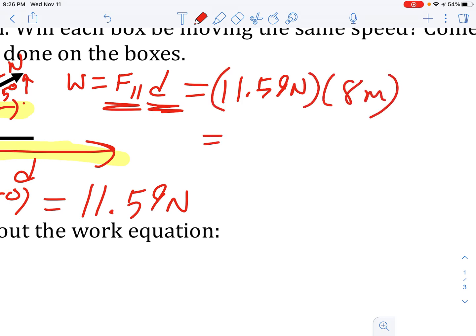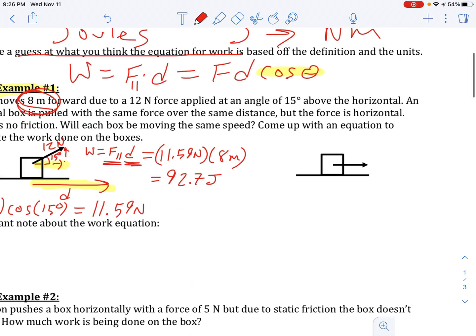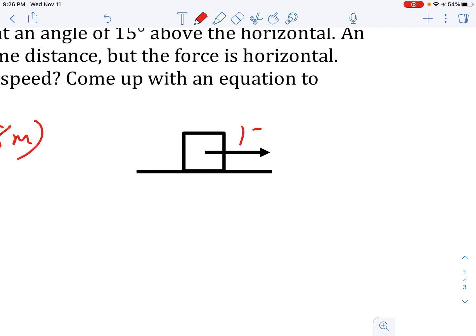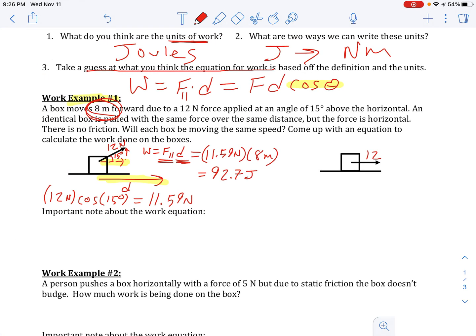And when you plug that in your calculator, you get 92.7, and you could write that as Newton meters, but typically we write it as joules, right? Because it's the transfer of energy, all right? So on the other hand, if the 12 newtons was perfectly horizontal, then we don't need to find any components,